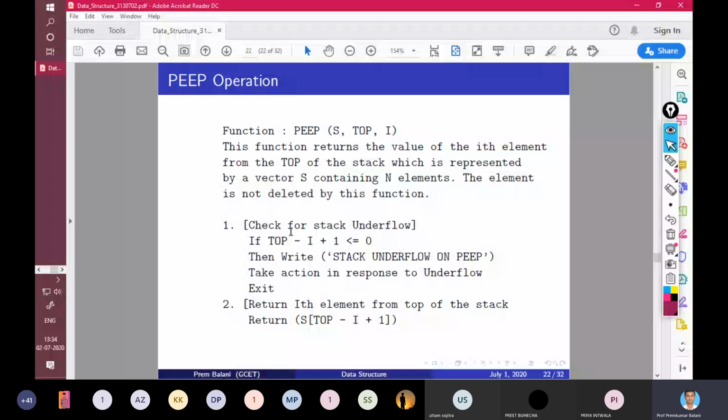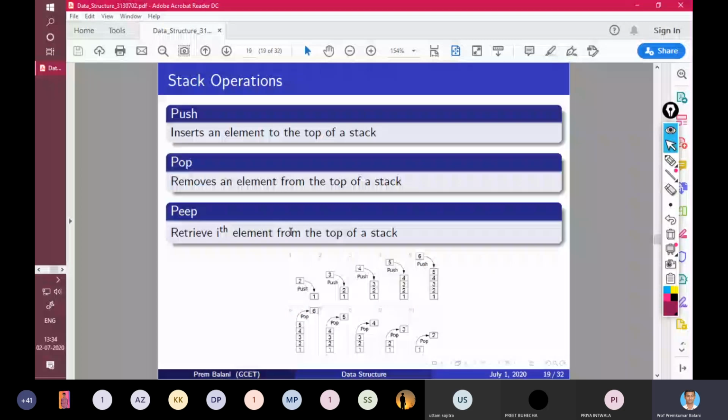So, in last lecture, we looked at stack operations, and we have seen there are mainly two operations, push and pop, and there are many other operations. Push and pop are the operations to insert an element and to remove an element from the stack. And in the stack, the item which is inserted last will be removed first. So this is called the LIFO order that we have seen in the last lecture.